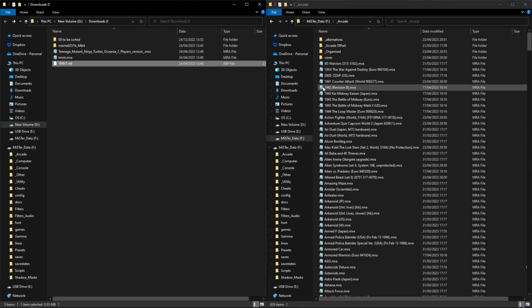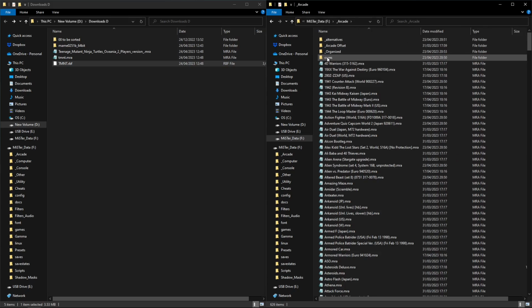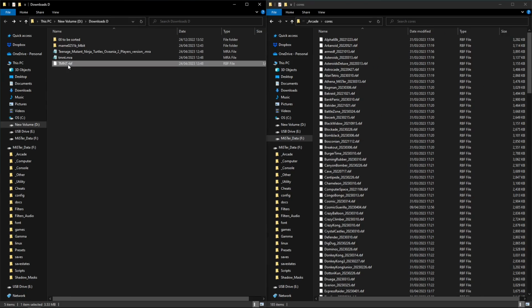And what we want to do is put the RBF within the arcade folder again. So when we're in our main MiSTer folder, we're in arcade, and there's a folder in there called cores. So RBF are the cores. I'm sure many of you guys know this, but for the ones that don't,